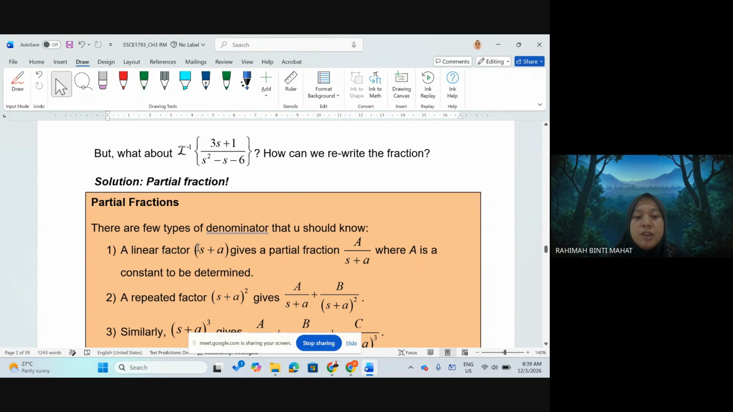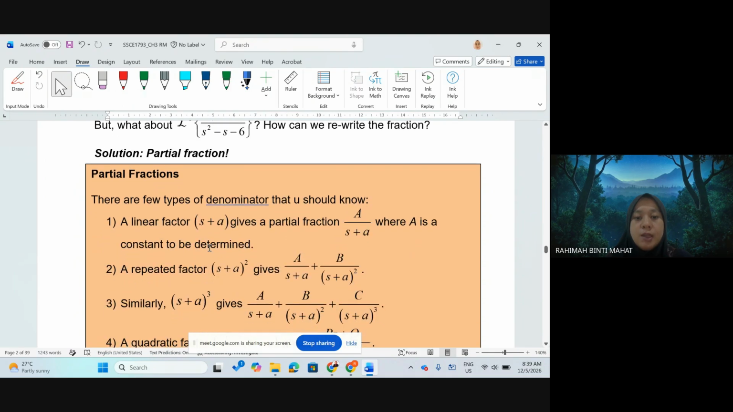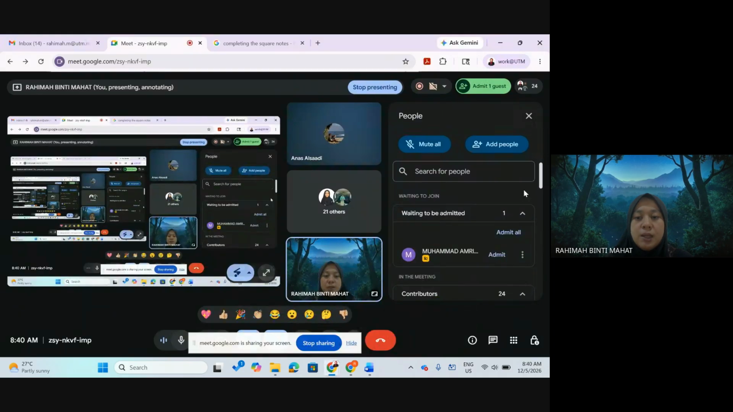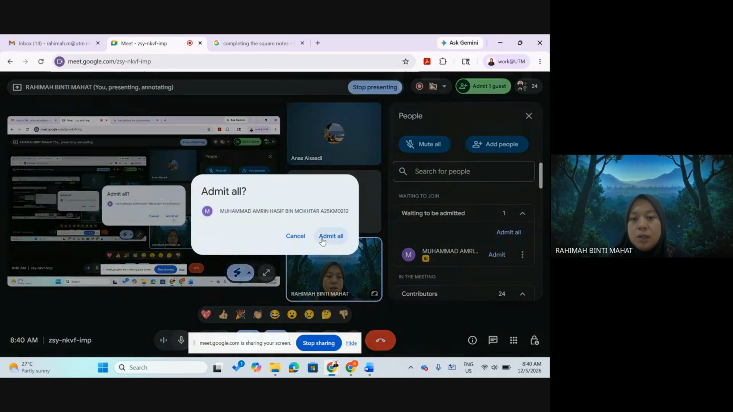Number one is the linear factor, s plus a. The partial fraction for s plus a is A over s plus a. This is what you need to know. If there is a linear factor, the partial fraction will give you A over s plus a, where A is a constant to be determined. You need to determine the constant capital A here. Okay, and then after that,